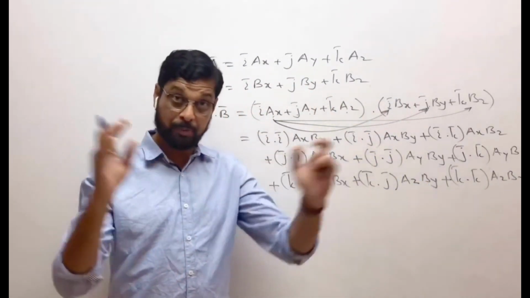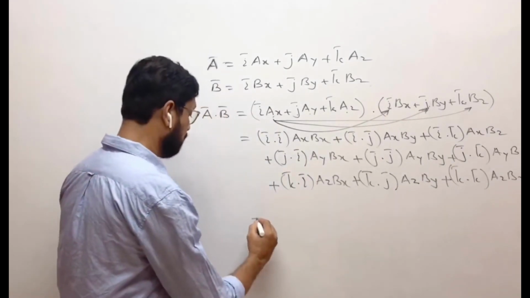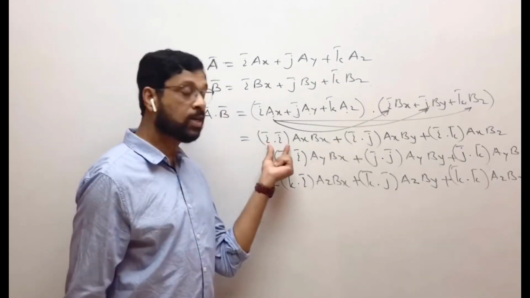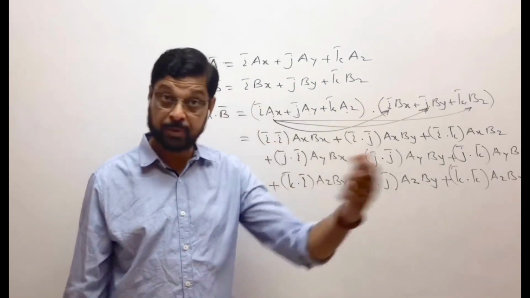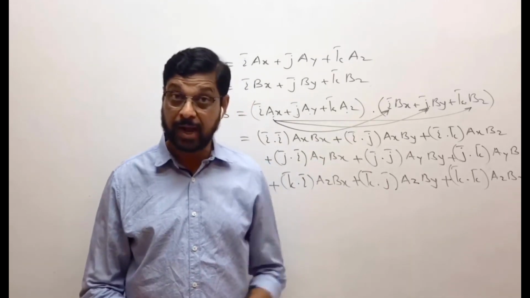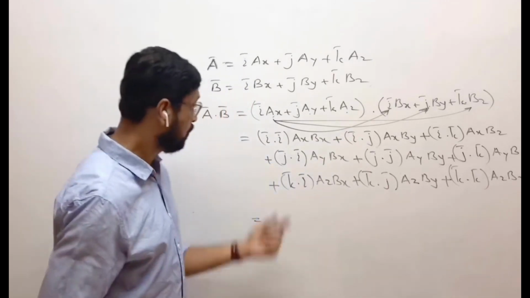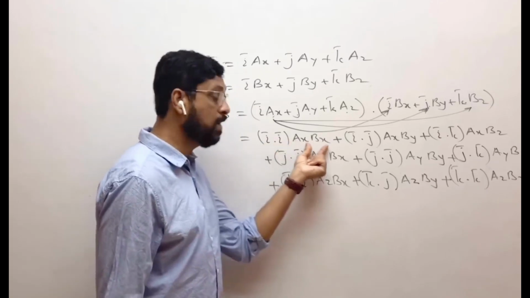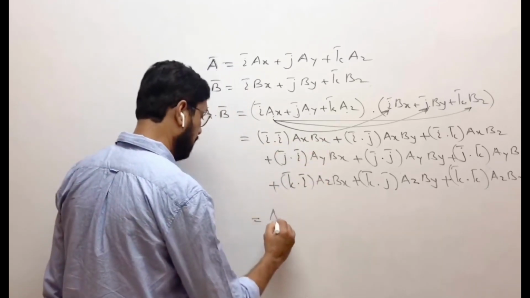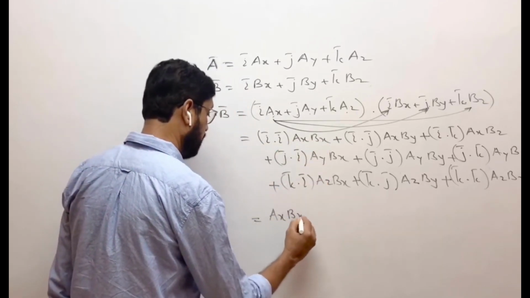Correct? We open the brackets. Now this will be equal to. What is I dot I equal to? In previous characteristic we saw I dot I is equal to 1. So I dot I is equal to 1. 1 into AxBx, that is AxBx